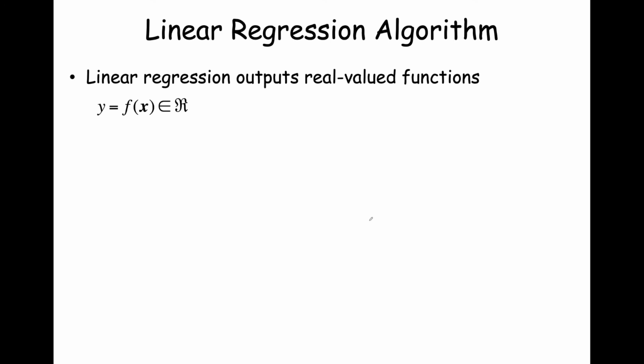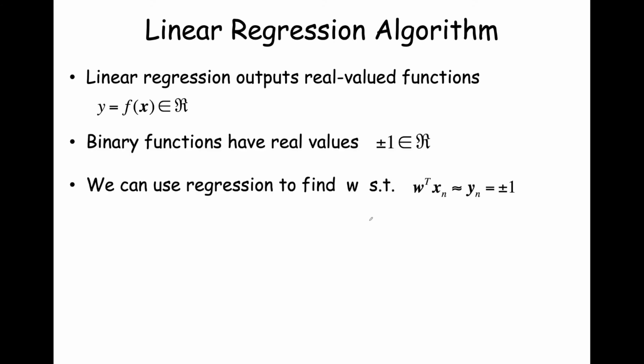So you can use linear regression outputs. They are real valued functions. And so what you're doing with regression is predicting real valued outputs. You find a learner that most closely agrees with the ground truth target function in its assignment of real values to input data. And so when we talked about the binary decision problem for classification, well, binary functions, we said